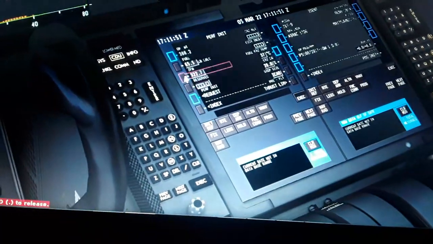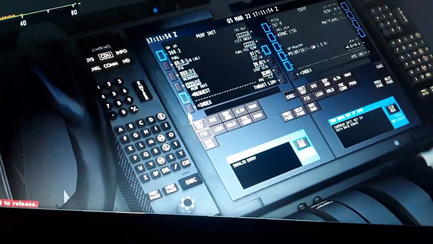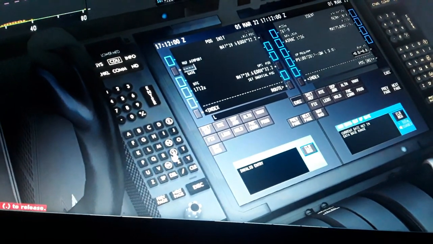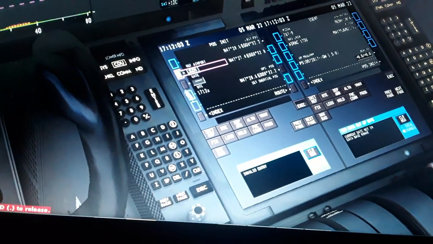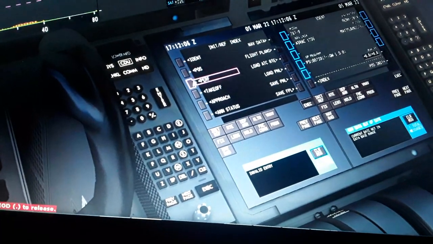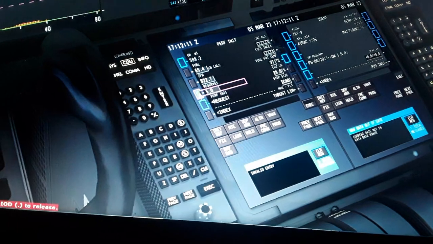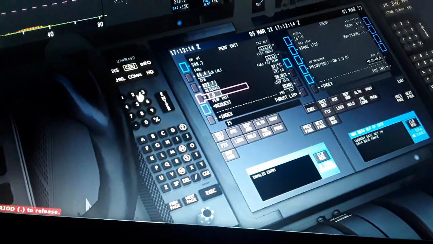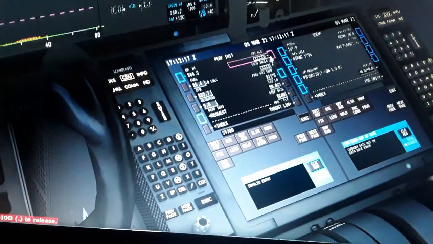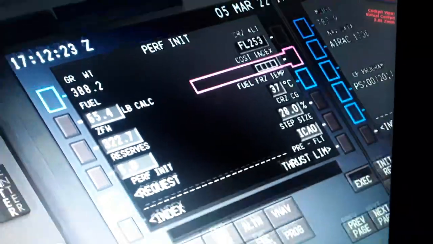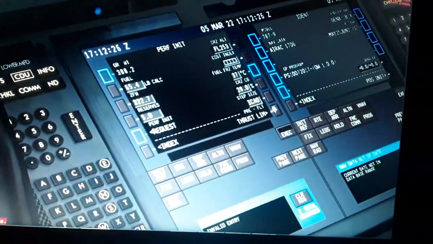So create a flight plan, same like in the 777. So initialize zero fuel weight, gross weight, index, position, reference airport, LSZH. So we have the position, performance, reserve fuel 5%, cruising altitude. So we have the performance initialized, cruising altitude, the route,